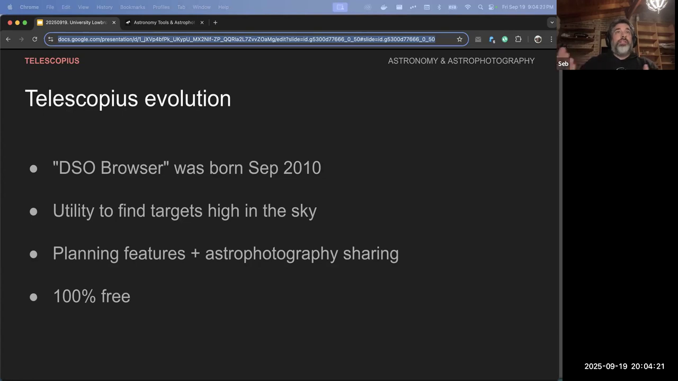So I just needed a list of targets with their thumbnails, and not panning around any planetarium software. That was quite cumbersome. And since I couldn't find any free software which would do this, I built it. And Telescopius was born under a different name, the Deep Sky Objects Browser. And well, that was the very first feature, right? But since then, Telescopius grew,